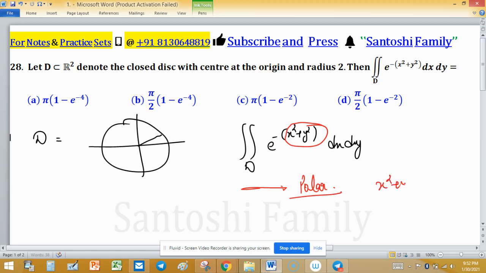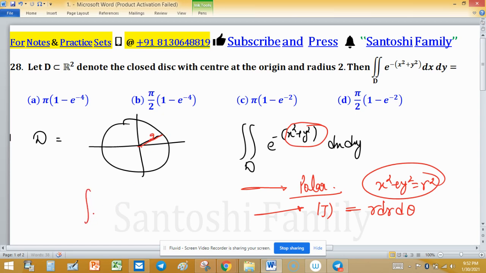x square plus y square equals r square, and the Jacobian J is r dr d theta. We need the Jacobian when we transform from one system to another, and the Jacobian multiplies in place of dx dy. So r is running from 0 to radius 2, so the value of r will be 0 to 2,